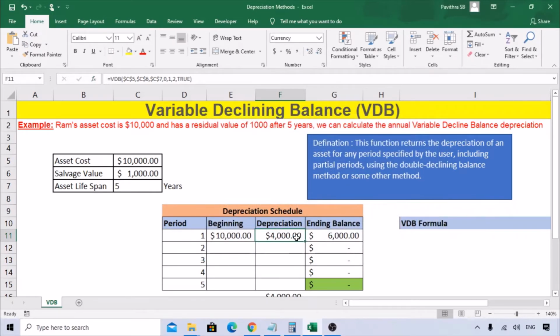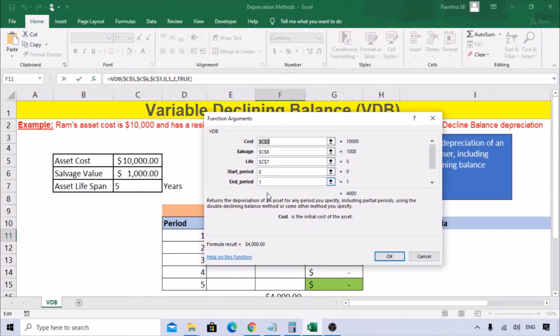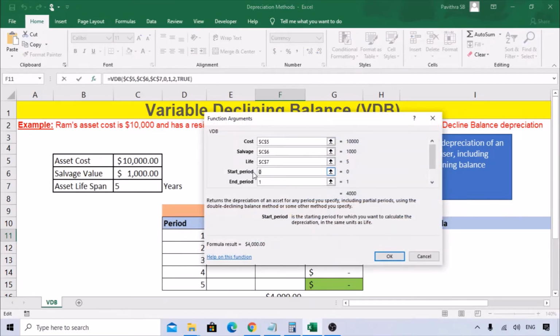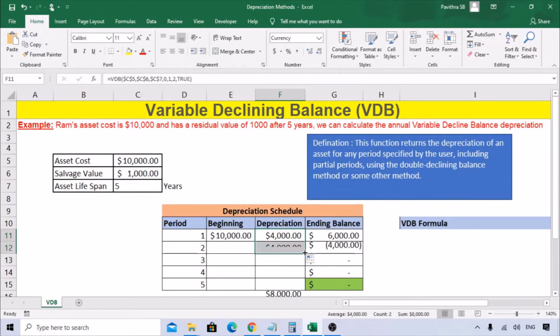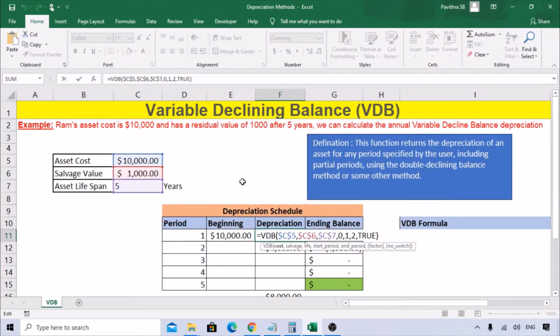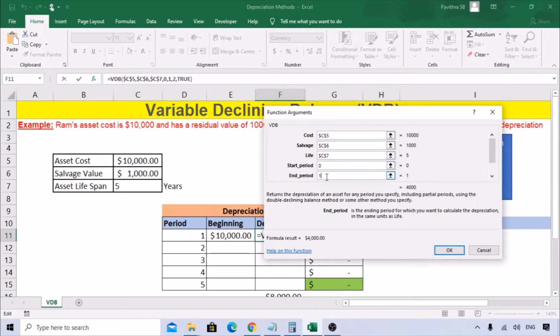So here, the only challenge is, next period you should change the start date to 1. Because for the first month the start date will be 0, second month it should be 0. Let's say we copy this formula down, so it is taking 4000, sorry. So if you click on this, the period should change, right? So what we did is, we started taking it as 0, end date as 1. So instead of taking end date as 1, we'll take this cell, because 1 is also here, so we'll take it here. So now we click OK.